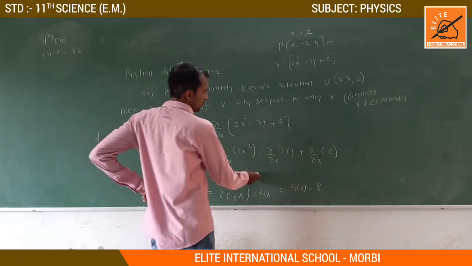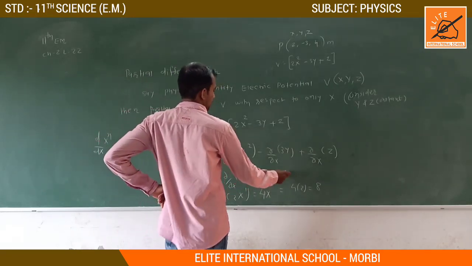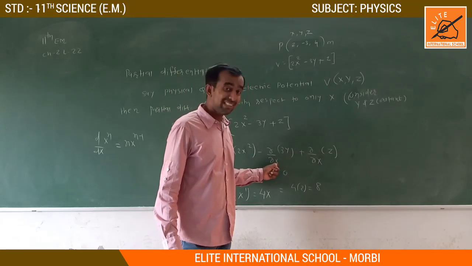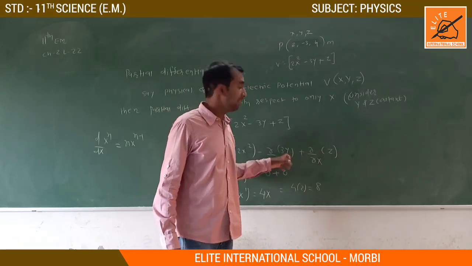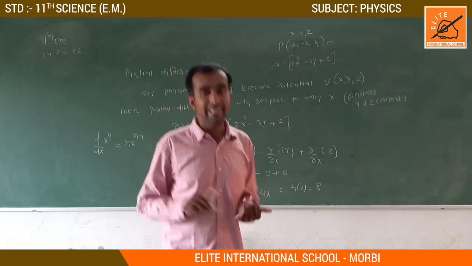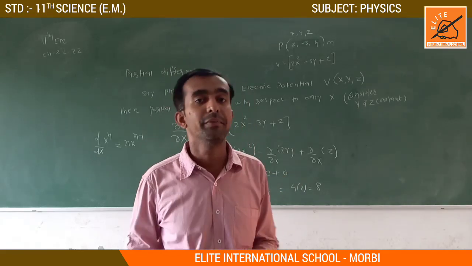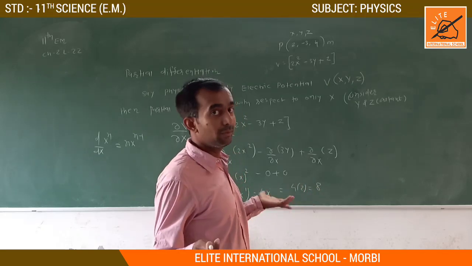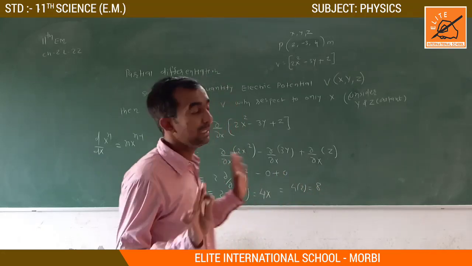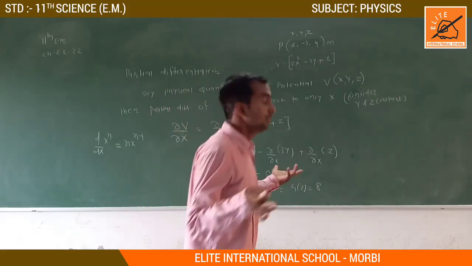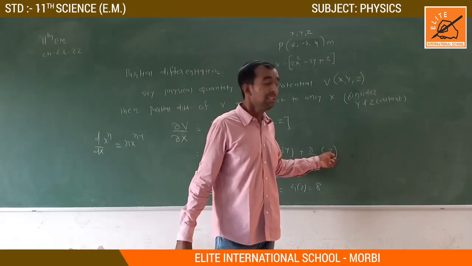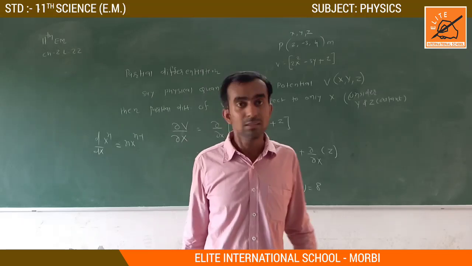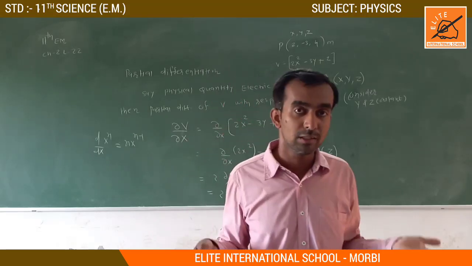This equals 0, minus 0 plus 0. Why? Because with respect to x, y will never change. x, y and z with respect to x, y will not change. Whatever the x, y never changes with respect to x. Similarly, z will never change with respect to x. Whatever the x, z will remain z. Okay, so keep in mind.